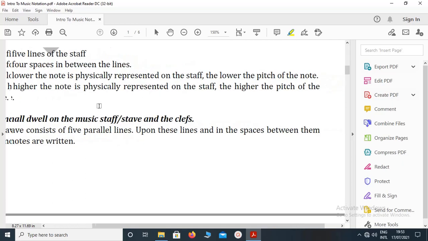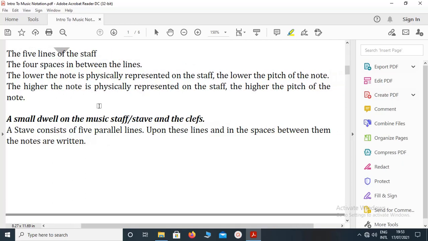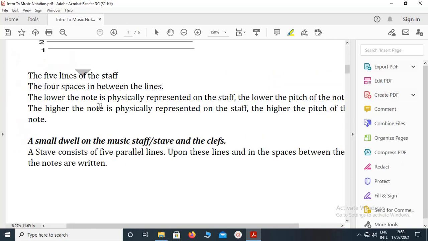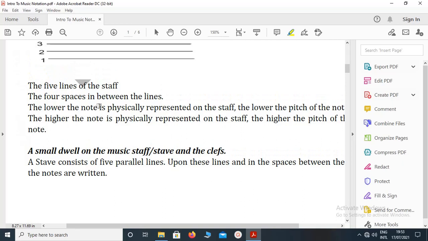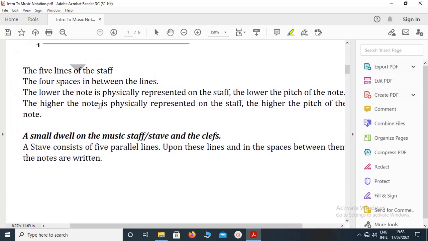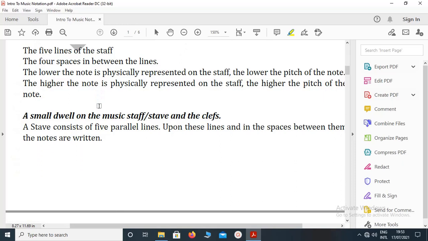Having said that, the higher the note is in its physical position on the staff, the higher the pitch of the note. That's what I was trying to say. Now, the lower the note is on the staff, the lower the pitch of the note. A small emphasis about this is that